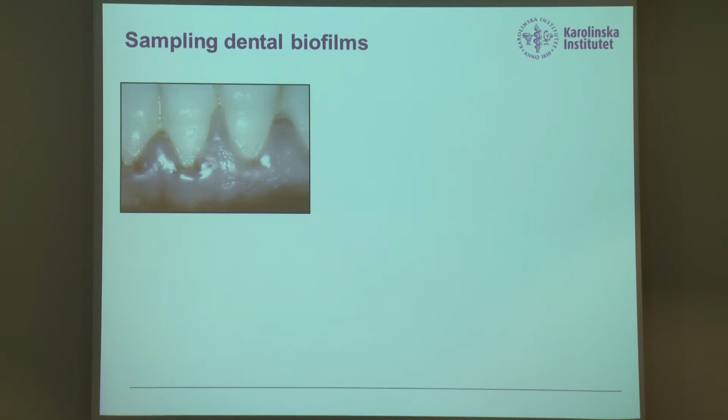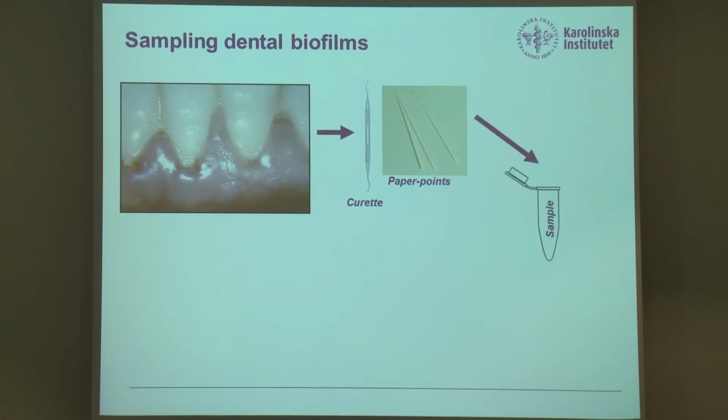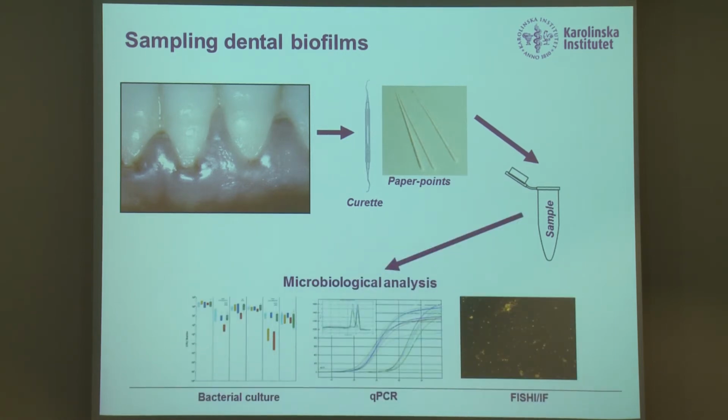It's quite simple and straightforward, actually, to sample biofilm from the tooth surface. So we're quite lucky when we deal with dental research, because it's fairly easy to collect clinical samples. Dental biofilm, supragingival or subgingival, can actually be collected fairly easily, either with a curette, which is an instrument that we use in periodontal treatment. The biofilm can be scrubbed off supragingivally or subgingivally, or we can actually use paper points. We can insert them within the pocket, leave them there for a few seconds, and then collect them, transfer them into the tube, and then to the laboratory for various types of analysis.